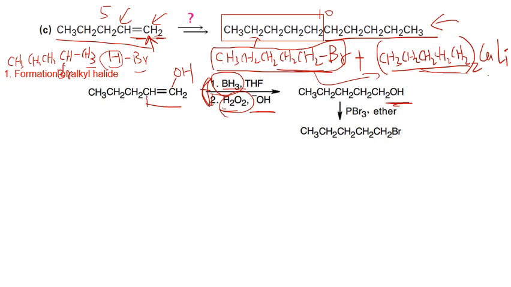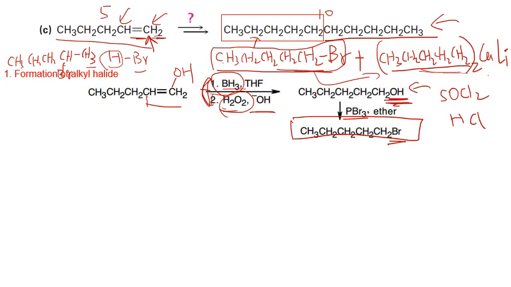So after you make this alcohol, how do you make the bromide or chloride at the end? Well, this is a primary alcohol. In this chapter, you learned that if it's a primary alcohol, you can add either thionyl chloride to make a chloride, or phosphorus tribromide to make an alkyl bromide. If it's tertiary, you add HCl. So if you forget about this, go over this material: how do you make an alkyl halide from an alcohol? Now we have this